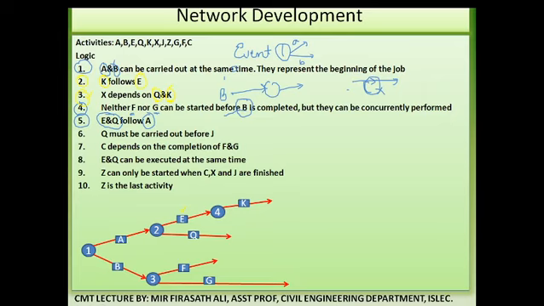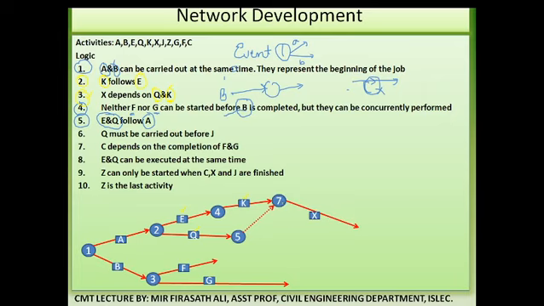So where is Q? Here. Where is K? Over here. So what we need to do? We need to insert one dummy activity over here to show the interdependencies. We directly cannot join Q and K. So insert one dummy activity over here and continue the X. See, we have introduced one dummy activity and we have got the relationship as X.